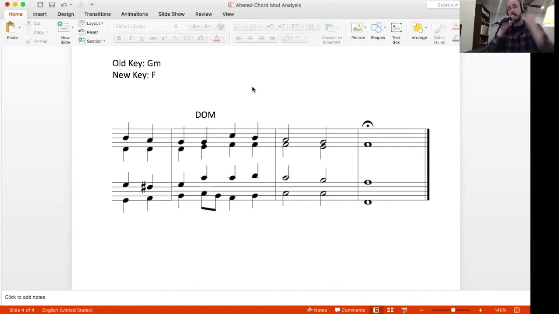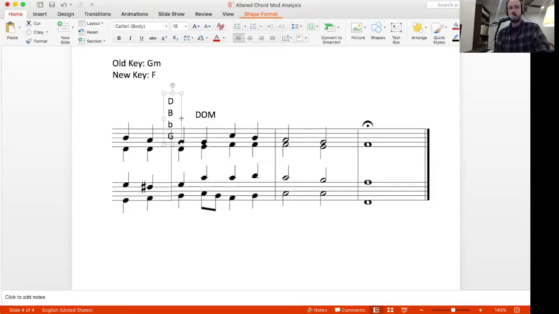And so what we want to figure out is, what's the relationship of the previous chord? Is it going to be a shared chord, which we can think of as a pivot chord, or is it going to contain that chromatic motion that shows that it wasn't shared and instead is an altered chord? So let's go to the previous chord, the chord before the dominant. Let's look at our notes. Think about what the root is of these notes here. We've got a B flat, a G, and a D, and another G. And it turns out that this is a G, B flat, D chord,